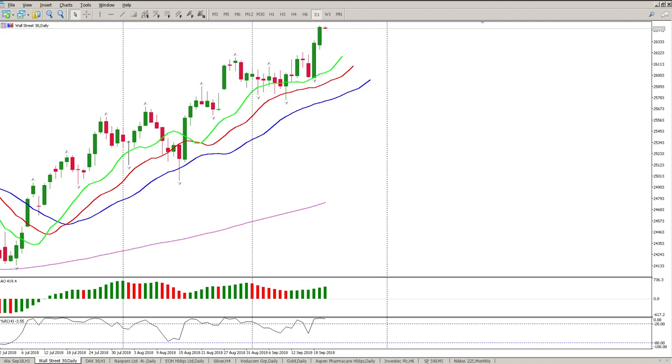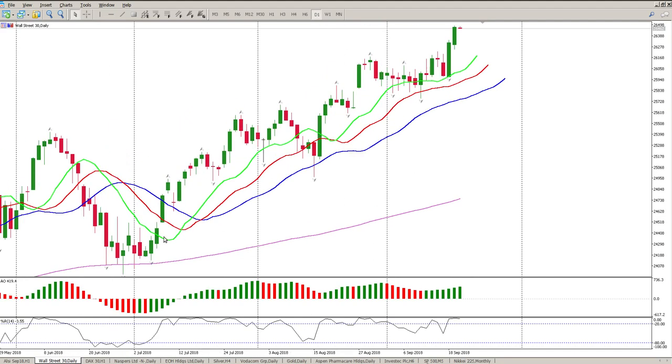So a couple of things to take note of. And obviously the first one is, as I've been saying for pretty much the last 3 weeks, we are in an uptrend. So you want to be trading with the trend. In other words, you want to be long. Okay, we are getting to overbought territory here. You can see the oscillator hovering above the negative 20, and that indicates overbought territory. So